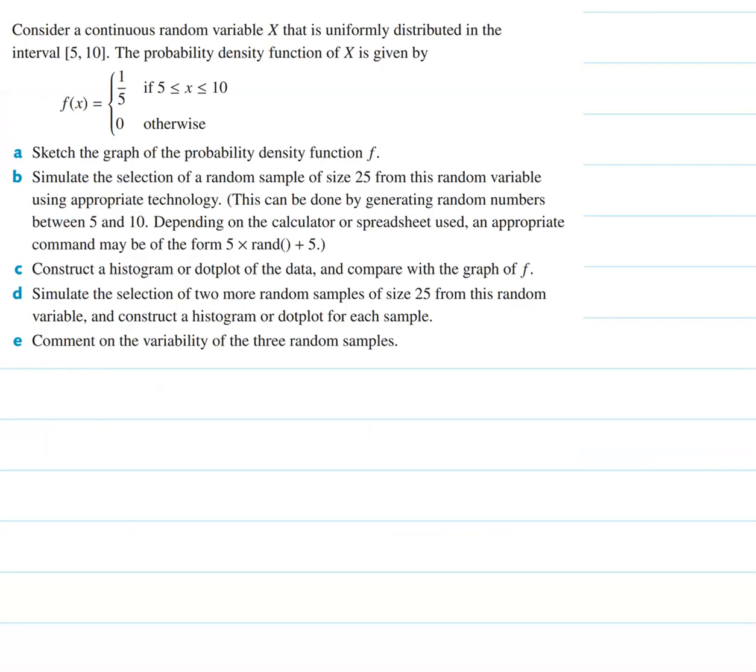That's question B completed. Question C, construct a histogram or dot plot of the data and compare it with the graph of the function, actually depends on me performing B and C at the same time. So I'm going to go ahead and start again, question B from the beginning, but also perform C at the same time. That's why it's always a good idea to read through your entire question before you start answering it. So if I go back to my calculator,